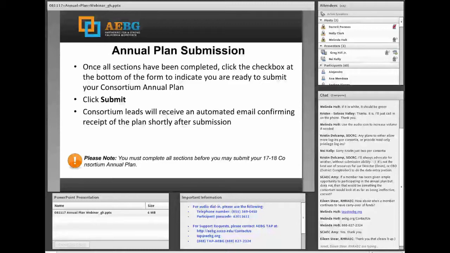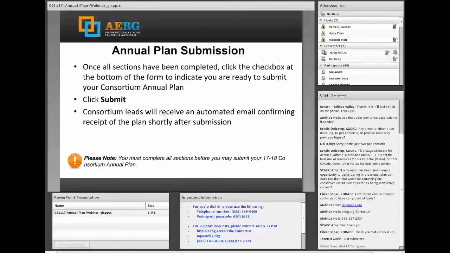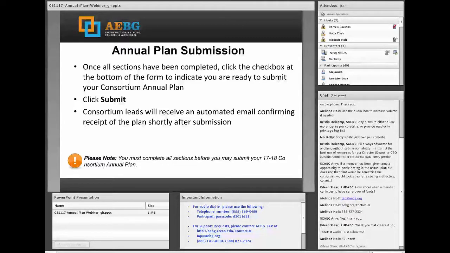And so please do double check before hitting submit. So Greg, let me ask you a question. If I'm using someone else's password and I submit, I wouldn't technically get the reply. It would be the person associated with that password, correct? That's correct. It would be the logged in user. And so, yeah, that's exactly right.